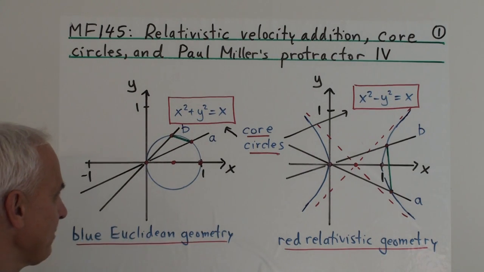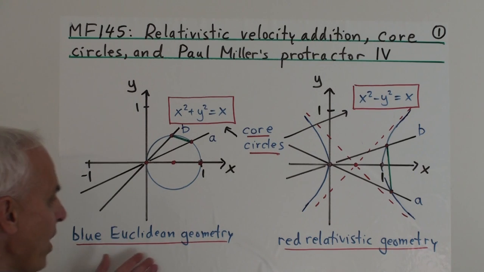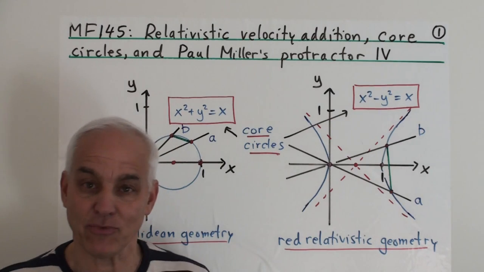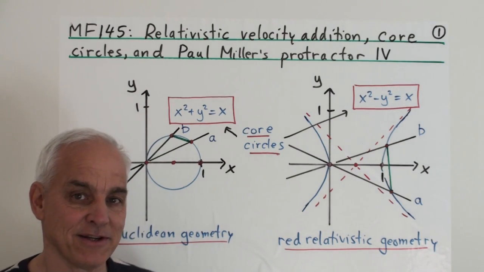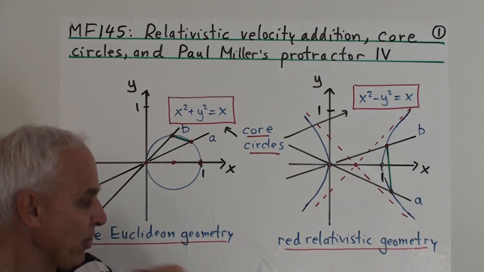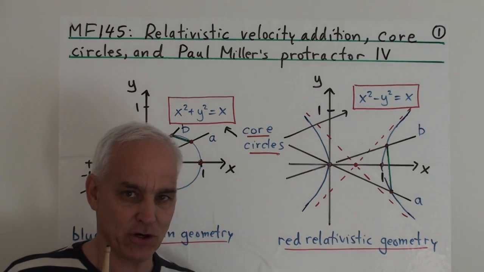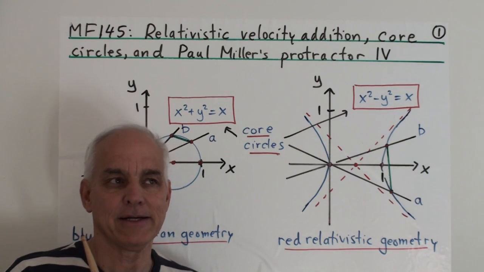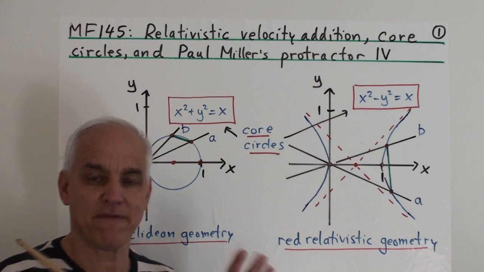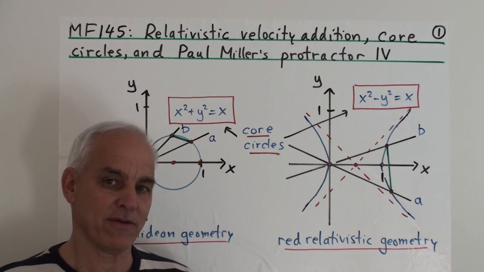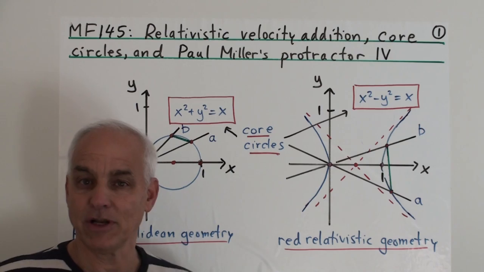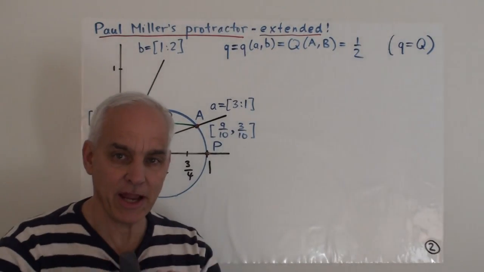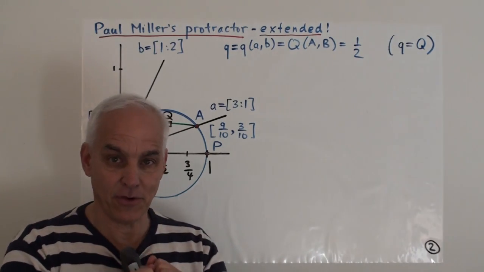All right, so this is a very interesting situation, and it's quite interesting for physicists. So if you're a physics student interested in special relativity, for example, and of course all physics students are, then you're probably going to learn something interesting in this lecture. I'm going to show you a little bit of a more geometrical, algebraic way of thinking about some aspects having to do with velocity addition and relativistic boosts or rotations in this red setting. So let me begin by consolidating some of the things that we've learned in our last few videos.